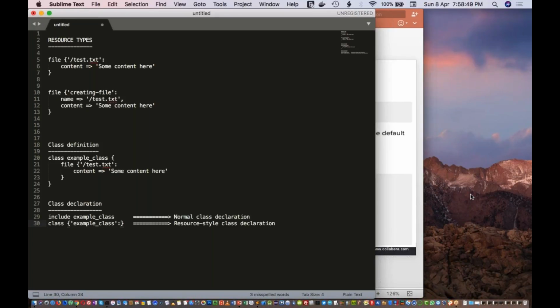Now Ajinkya is asking how to define a normal class. Ajinkya, this is how you will define a class. There is only one syntax for the definition: the class keyword, the class name, followed by the curly braces. This is the only definition possible. The declaration can be of two types. So see, this declaration or this declaration points to the same class.